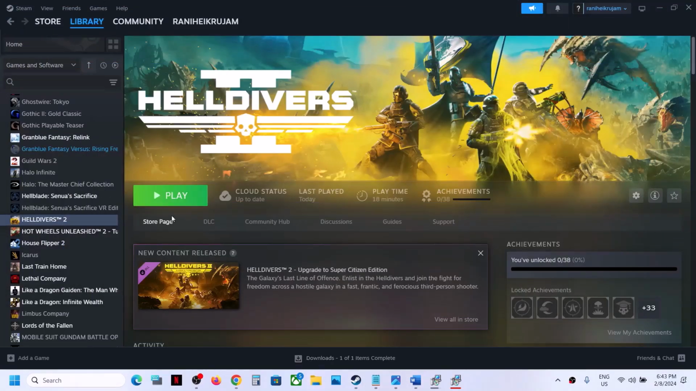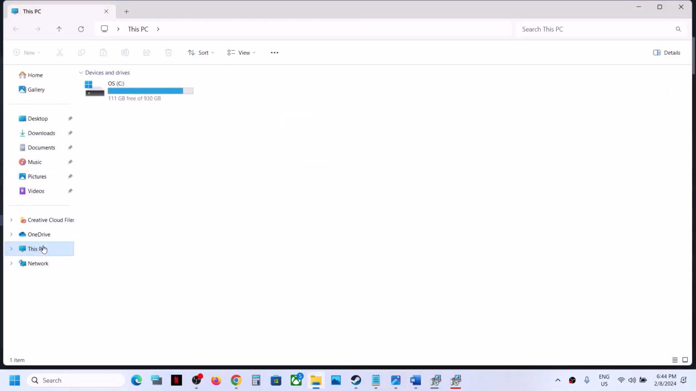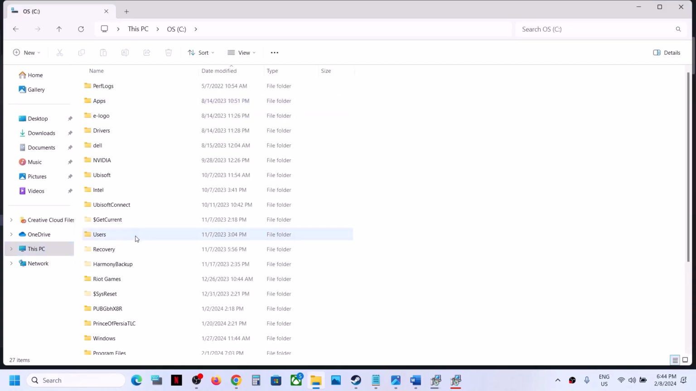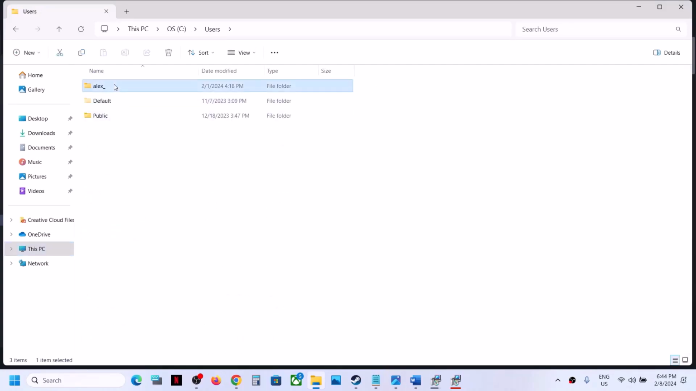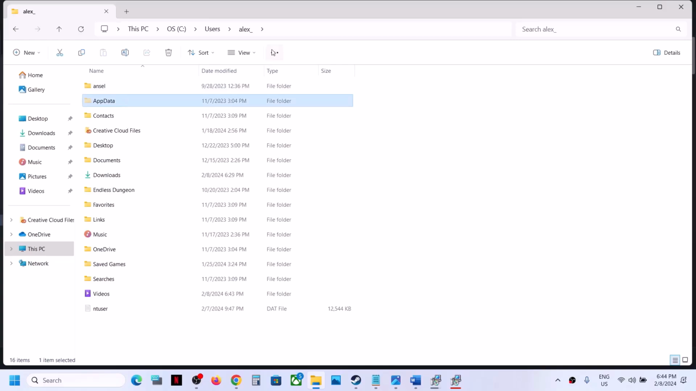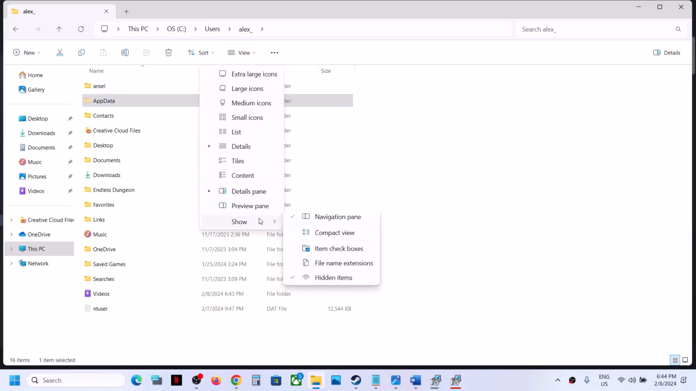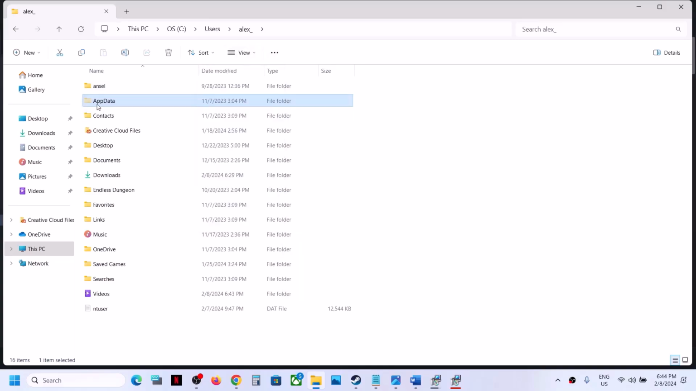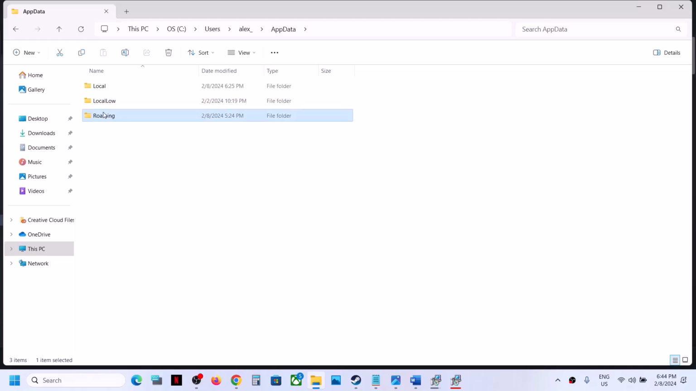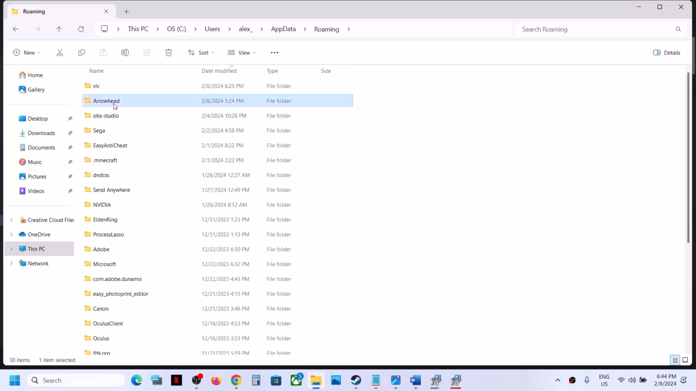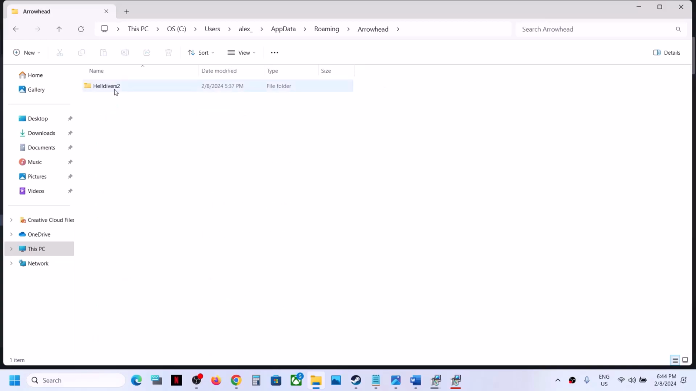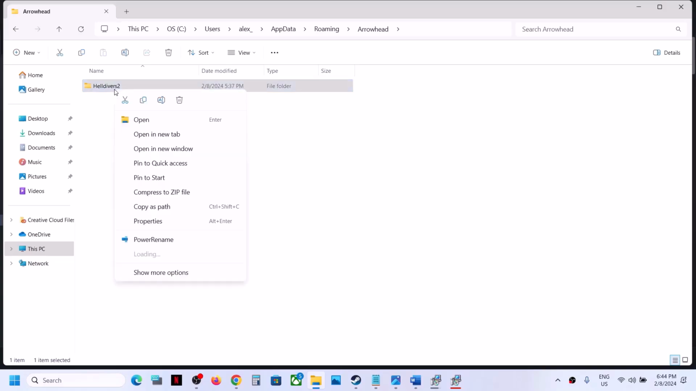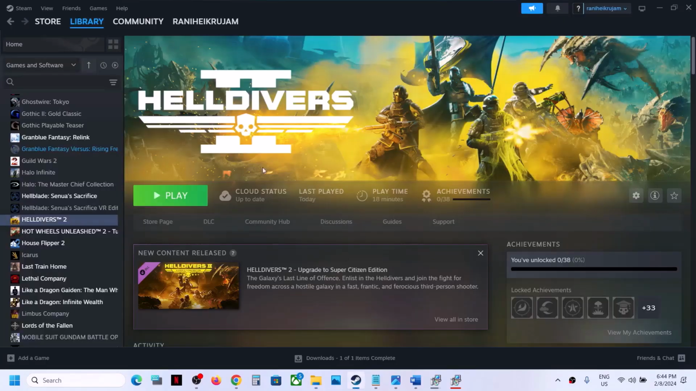So open File Explorer and then go to This PC, open C drive. Now open the Users folder. Now open your username folder. Now open AppData. If you don't see AppData, on the top click on View, select Show, and then put a check on Hidden items and then open the AppData folder. Now open the Roaming folder and open the arrowhead folder. And here you can see the HELLDIVERS 2 folder. You can right click on HELLDIVERS and then click on delete. Once this is deleted, now you can launch the game, but you will lose all the save games and the